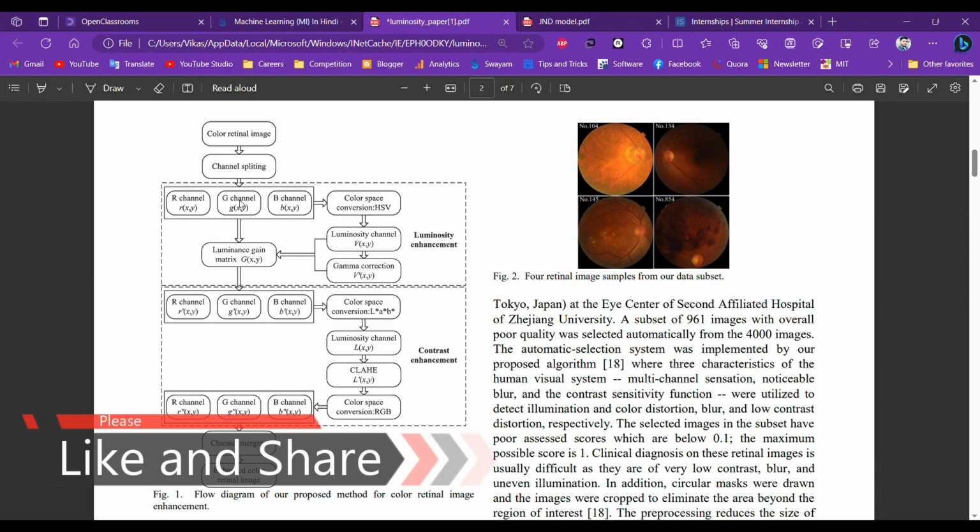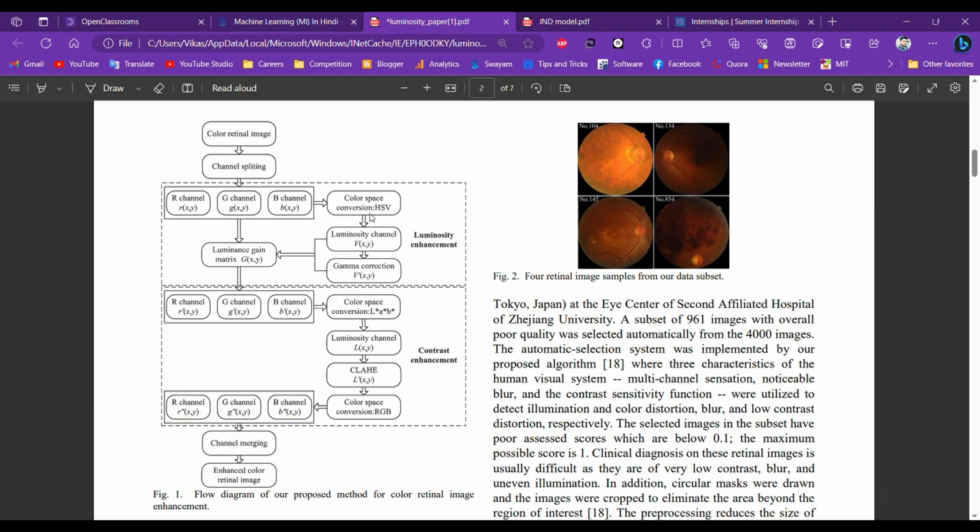It is also converted into HSV color space, that is hue, saturation, value. After converting, it is split into H, S and V channels, luminosity enhancement is applied on the V channel, and gamma correction is also applied on the V channel. Then the R, G and V are merged after converting back into RGB color space, and then